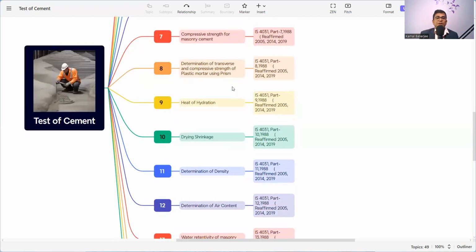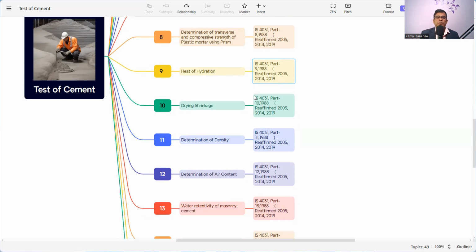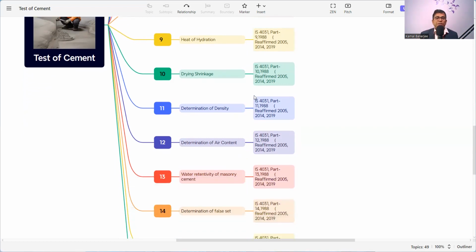Then determination of transverse and compressive strength of plastic mortar using prism. So this is also another type of method. If it is by using prism, then it should be IS 4031 Part 8 1988. Then heat of hydration, we need to check that heat of hydration, because it is very much essential to know